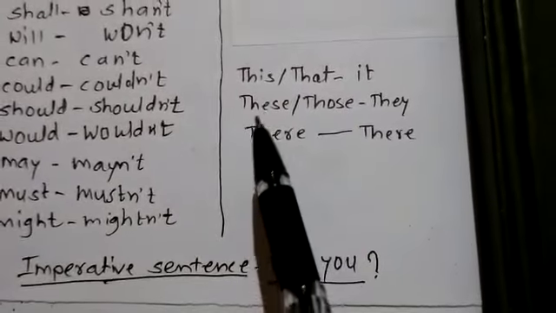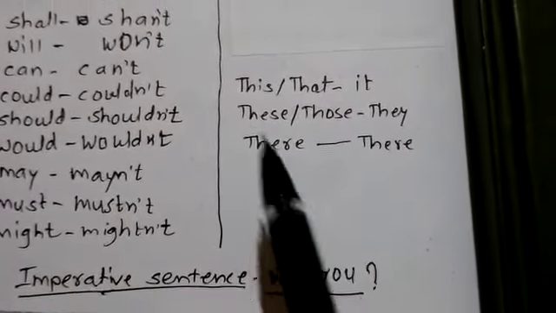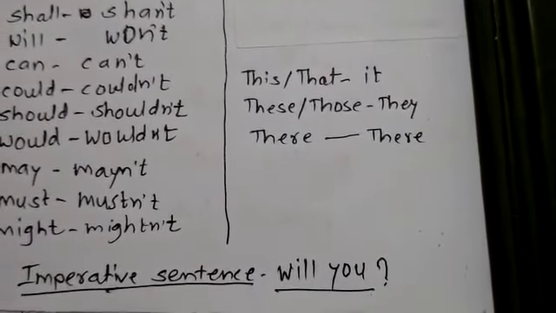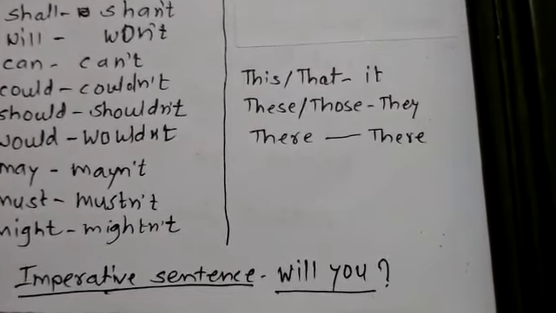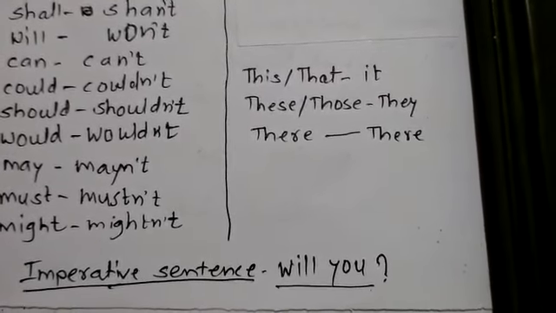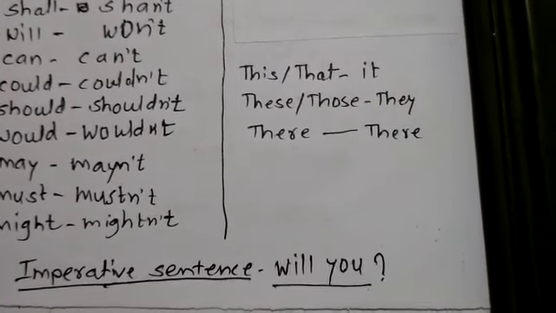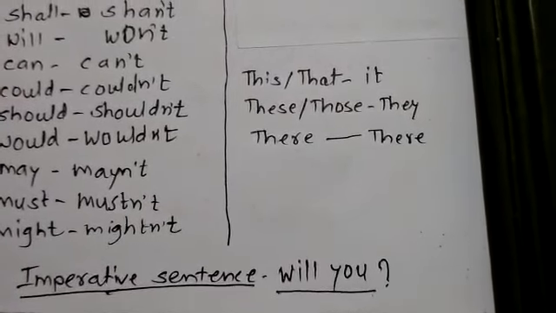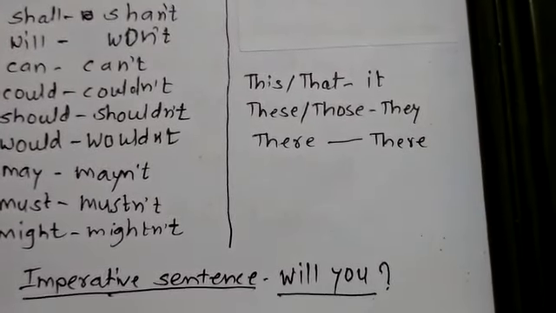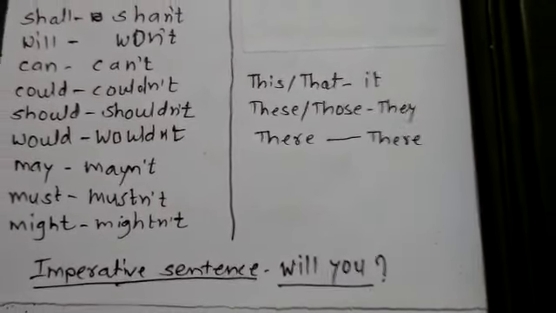Now for the plural forms, these and those. Like these are the trees. See, these are the trees. So at the end we will have to take the pronoun they. So then aren't they. Then those are houses. Then here also, aren't they? But remember,